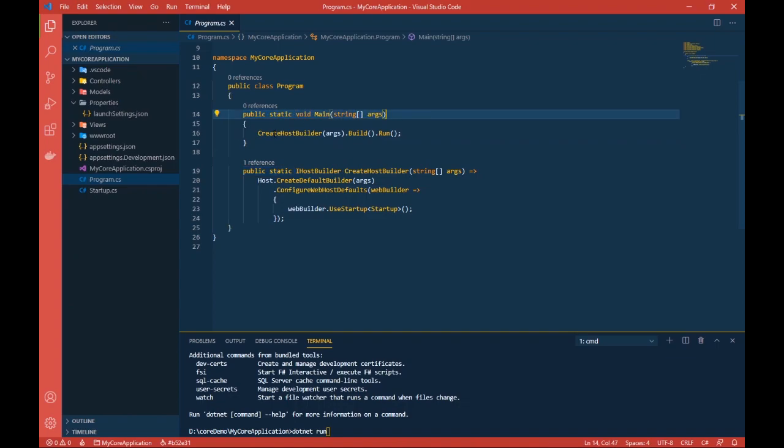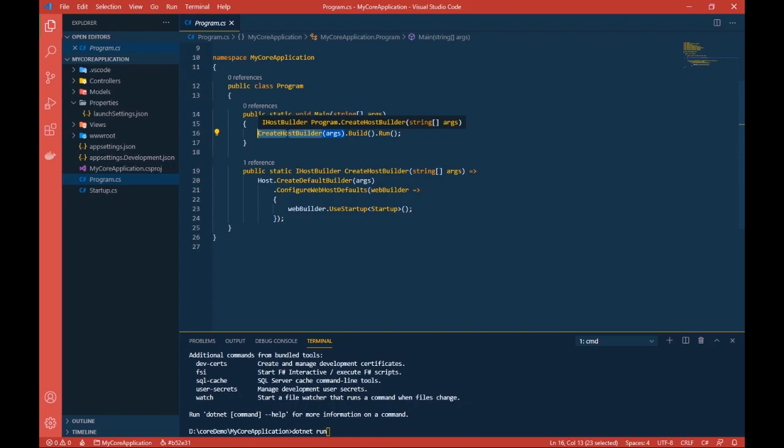If we move further, we'll see there is CreateHostBuilder. It builds the host, as the name suggests. Whatever you have configured is known as the host in .NET Core. Your web application is nothing but a host object with all the configurations and the services that you have written. Once the host builder is configured, all your configurations are read.